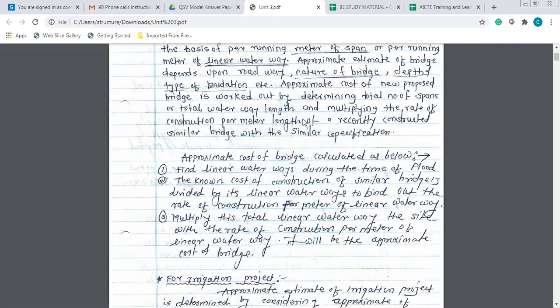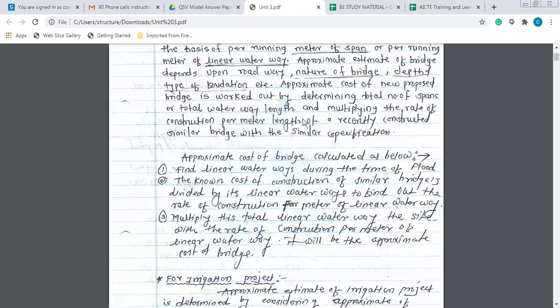It will definitely depend upon the fetch of the river which is passing through, the width of the river, then the length of your bridge, and whatever the length of the bridge is, how you have divided it into the number of spans. So from the cost required for one span or for that one slab structure, you can decide how much cost you require for the bridge. That is only and only about the deck slab or the slab concrete portion.